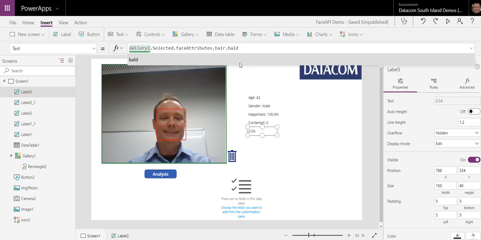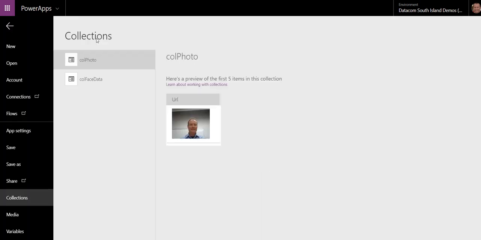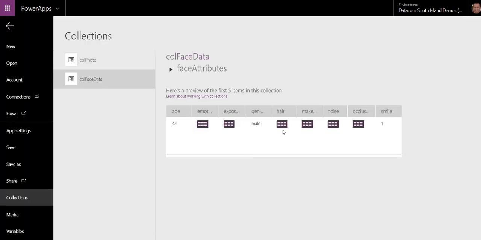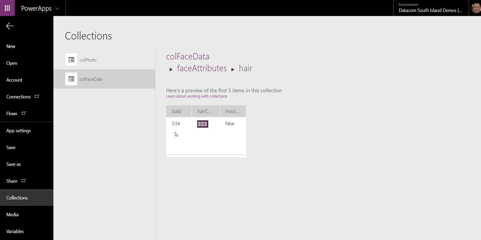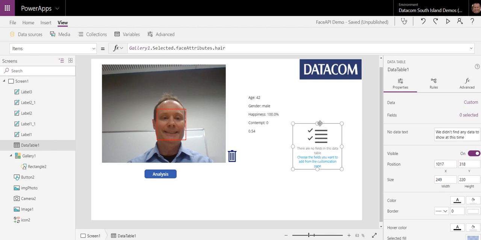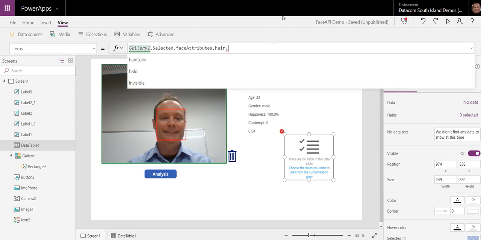Dot bold, and that's going to give me a value, because remember when we were looking through our collections, face attributes, hair, there, that's a single value. Hair color we'll do next. Hair color is coming out as a table, so we can't put a table into a label control, so we'll actually populate this data table we've already got with the hair colors. So dot hair, and then we're going to go dot hair color,